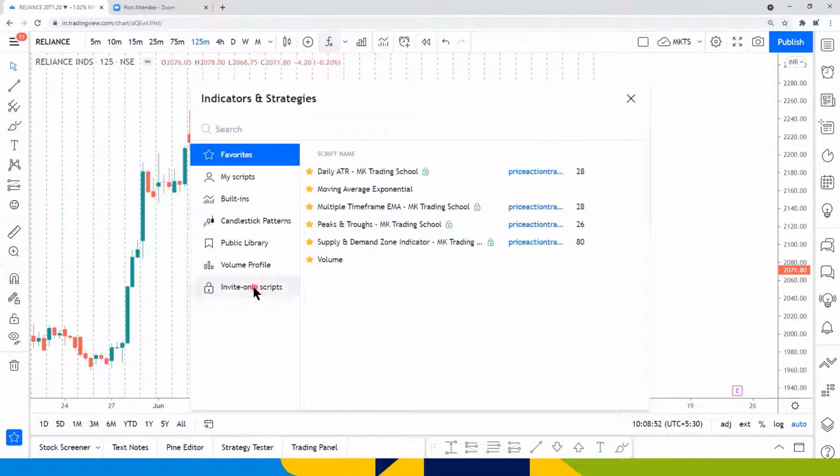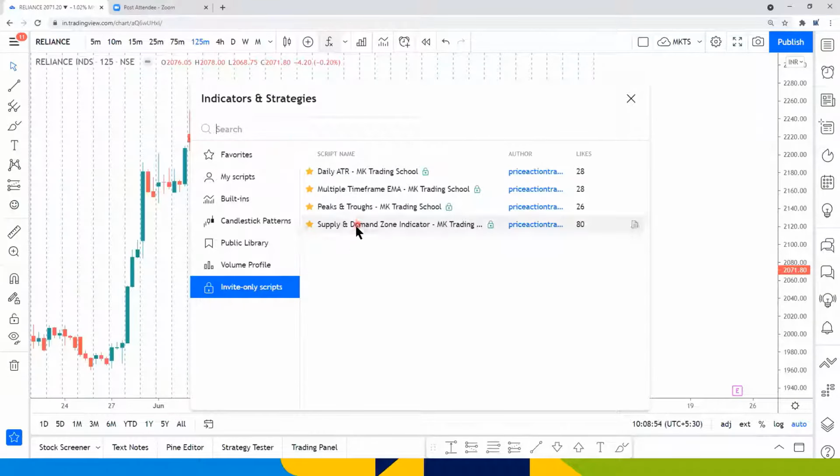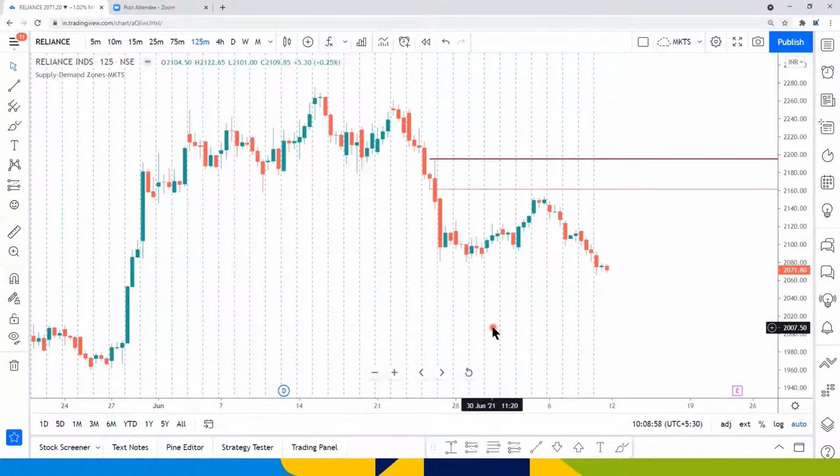So let me apply this indicator to the chart. Now I have added this indicator here. You can see it has plotted this supply zone for us. There is a base drop on 125 minutes. You have this supply zone, price came pretty close to the supply and reacted from there. So we did not get an entry into this short trade here. Now let's discuss the settings of this indicator.